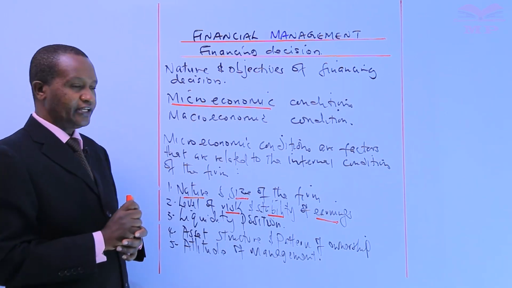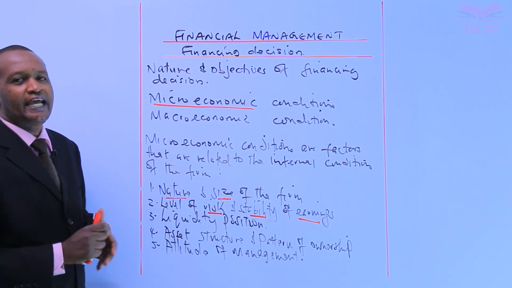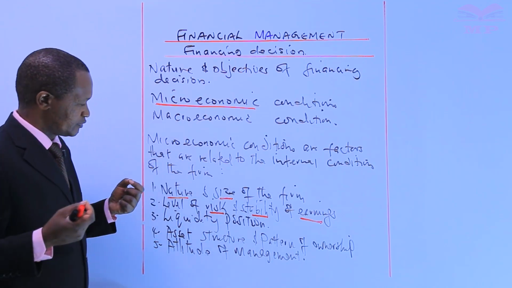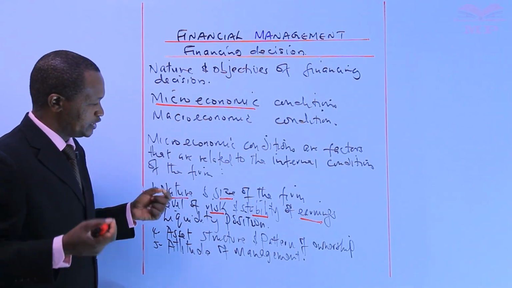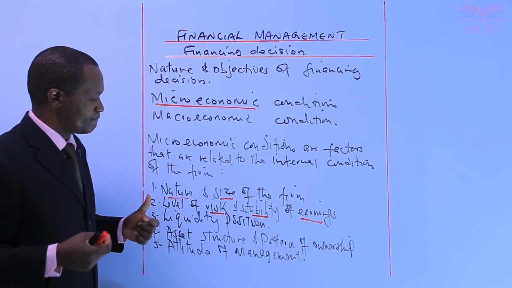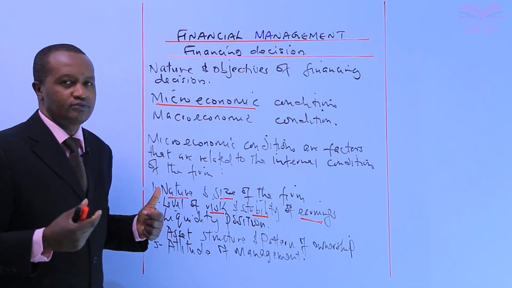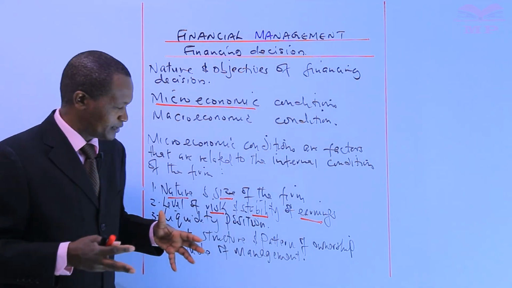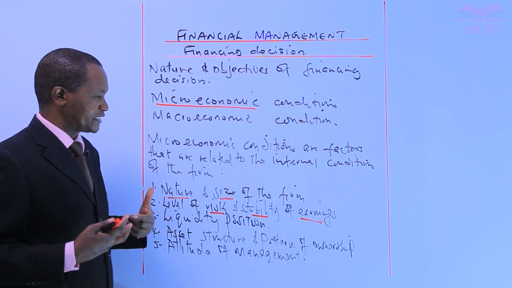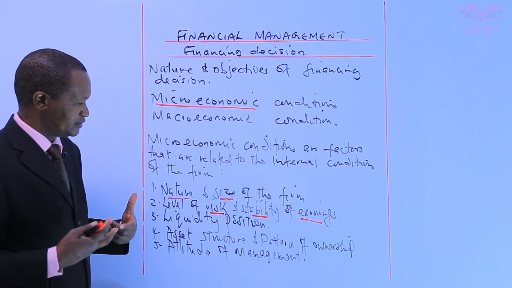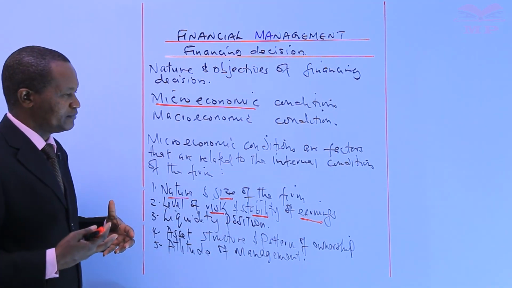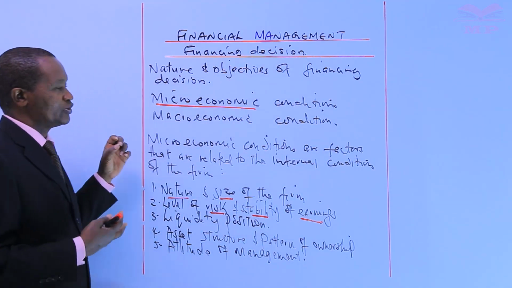What do I mean when I say a firm having a sound liquidity position? A firm that has a sound liquidity position is a firm that has at its disposal cash. Liquid is just money. A company that has financial resources that are in monetary terms. That's a firm that is liquid. You may find a firm that is more liquid, another one is not liquid.